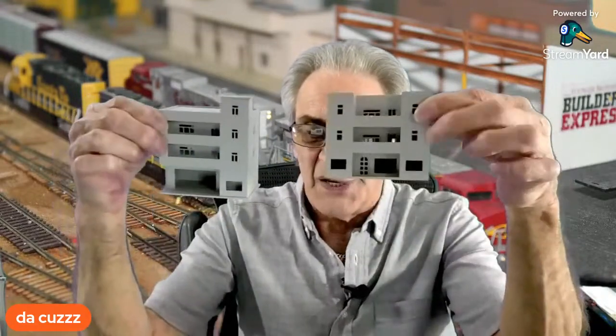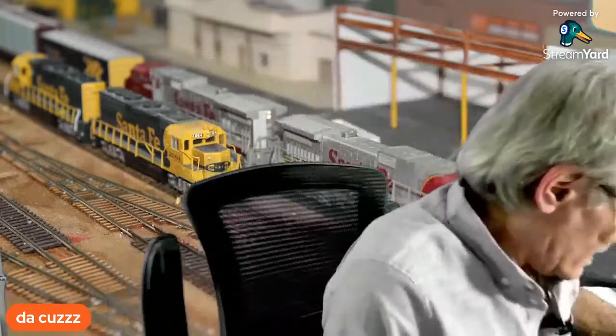Let me turn this other camera on. And let me move these buildings out of the way. I don't know if you guys can actually see it, but I had the walls and doors and stuff just sitting in there. I had not finished this yet. In fact, Don Dilly was here with his grandson. I had him put these together. He did all 4 of these in about a half hour, just snapping them all together. All right, let me get this out of the way over here. All right, so